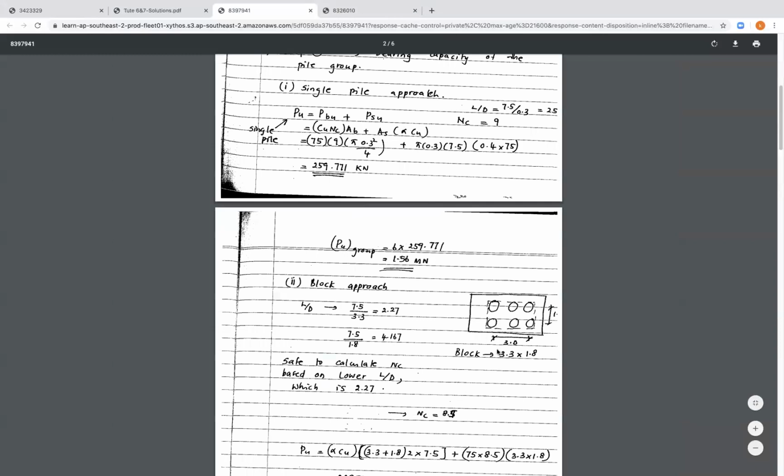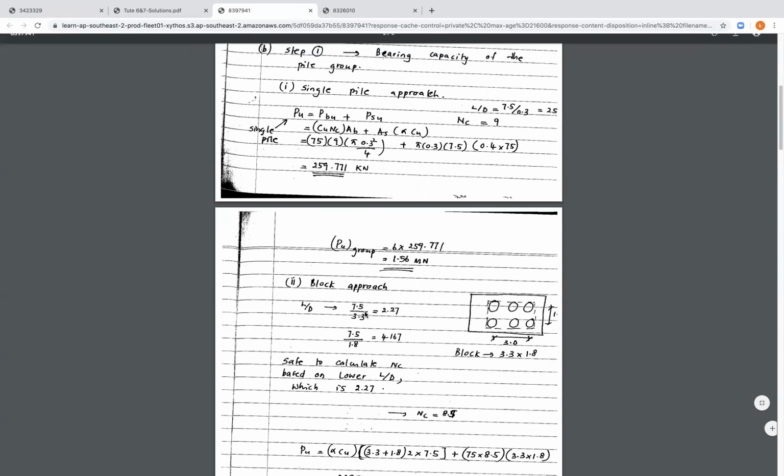So that will be 3.3 meter multiplied by 1.8 meter. Now we need to calculate the NC based on the length over diameter ratio. We're gonna have here two ratios, and it's safer to be on the conservative approach, to take the lesser value we obtained here from the two dimensions, and we're gonna take this value because that will give us